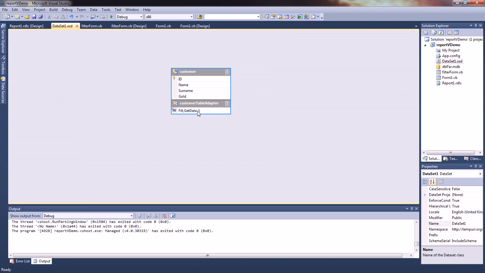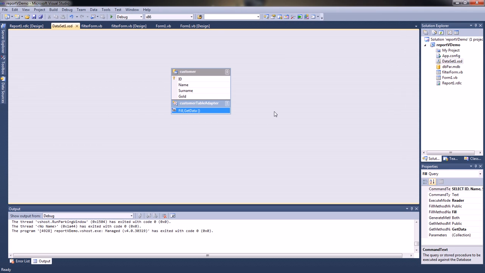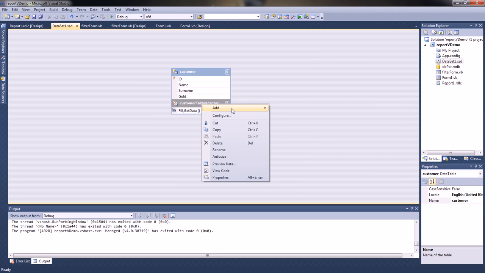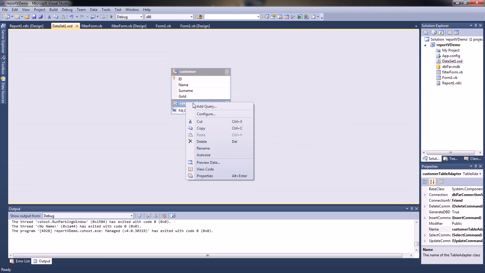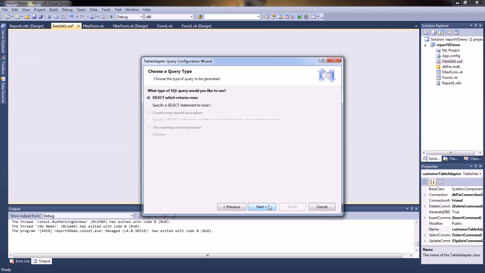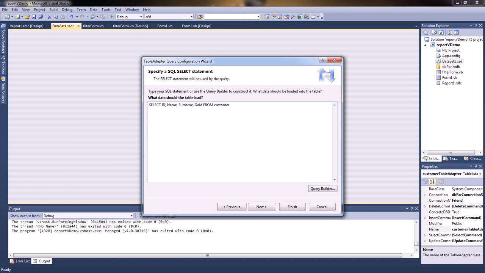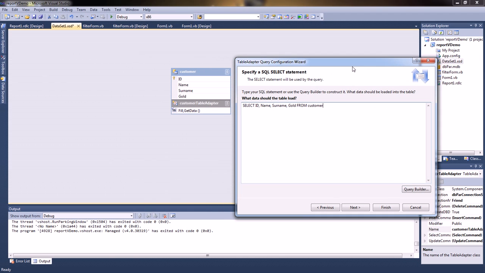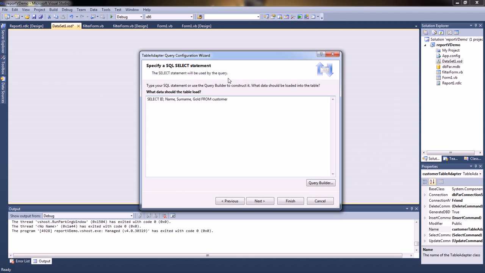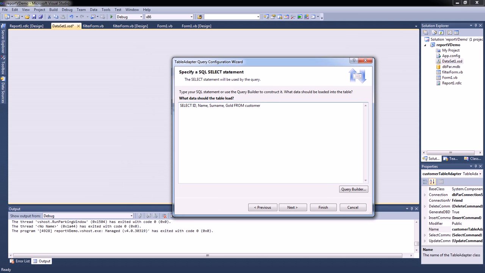Now the fill, get data, it's this one, it's the default one. We'll load everything with no parameters. So it's just to select everything from the table, whichever table it is, customers in this case, which is nice, and we're going to use it definitely, because we're going to use it as soon as the program loads. Now we're going to create our own now. Just click next both times, and we already have the same thing as the empty one. What we're going to do is create our own, where